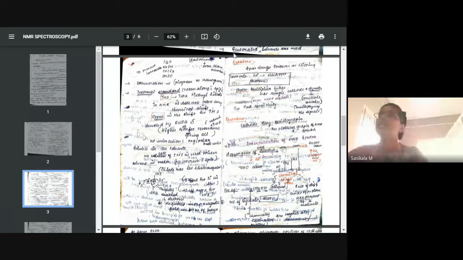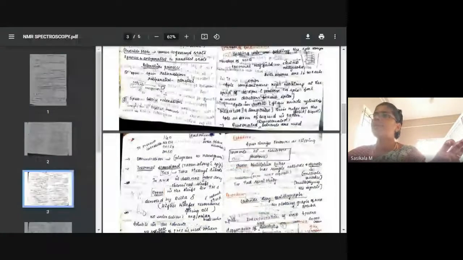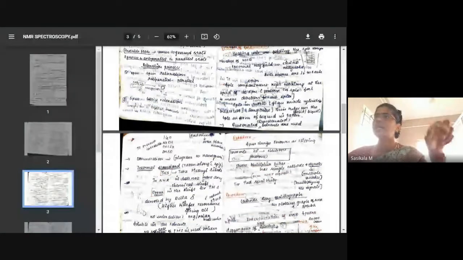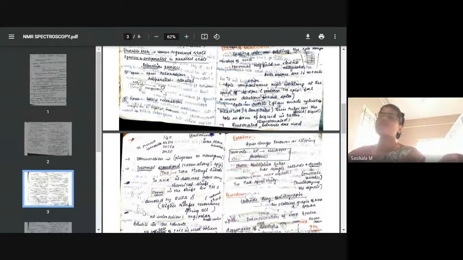After then, detector. So regarding sample, what are the things we need to note down? A rotating sample compartment, then glass sample cell of 1 meter long. Okay, length of sample tube will be 1 meter, and it will have very small diameter, only in fractions of a millimeter. So a thin glass tube will be used. In that, nanogram to picogram concentration of sample in the form of solution is taken. In order to prepare solution, what kind of solvent do we need to use? Deuterated or deprotonated solvents must be used.